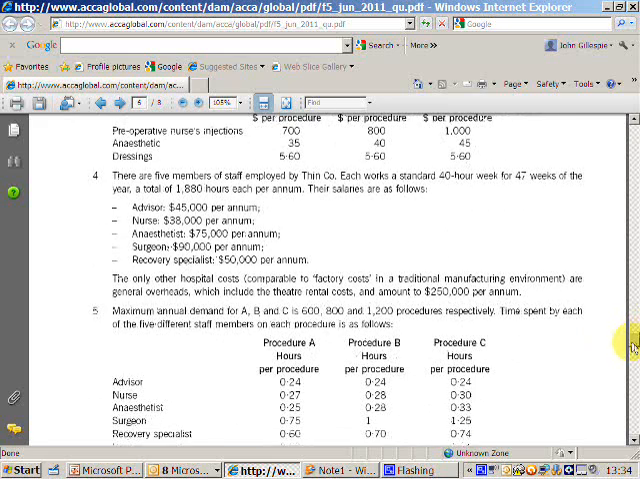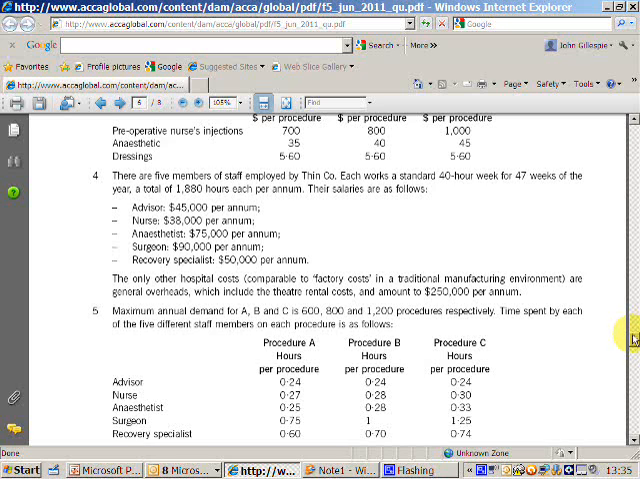So there's salary costs, labour costs: advisor, nurse, anaesthetic, surgeon, recovery person. All of those costs are deemed to be fixed. They're labour related costs. The other hospital costs are comparable to factory costs that we're told here. So we're looking at an application of throughput accounting to a hospital environment as opposed to a factory. Therefore, as in a traditional manufacturing environment, the only other costs are overheads, which include theatre rental costs,